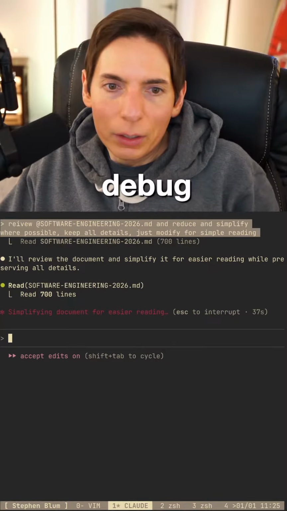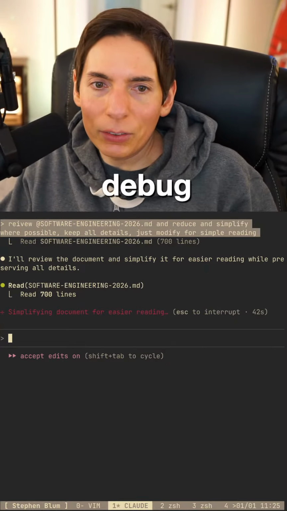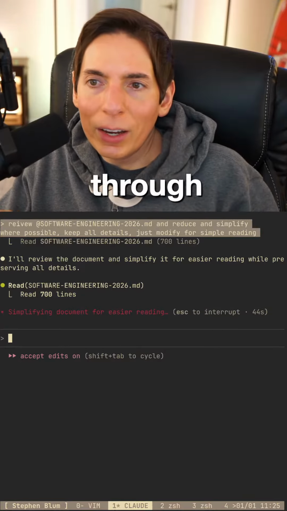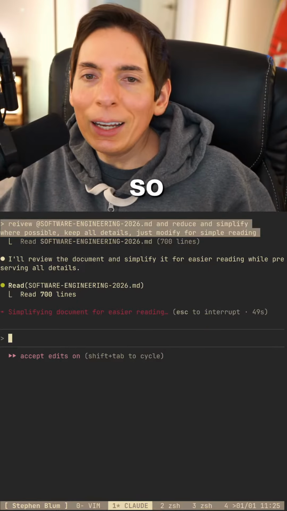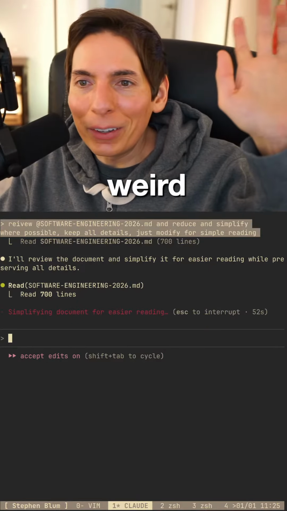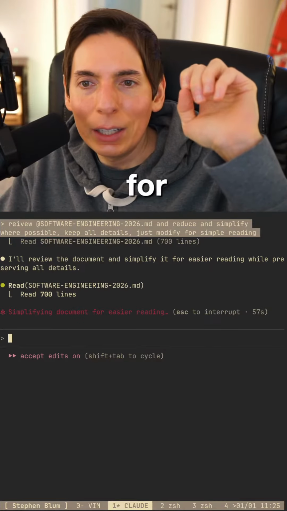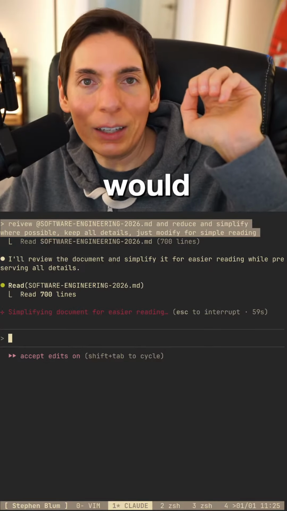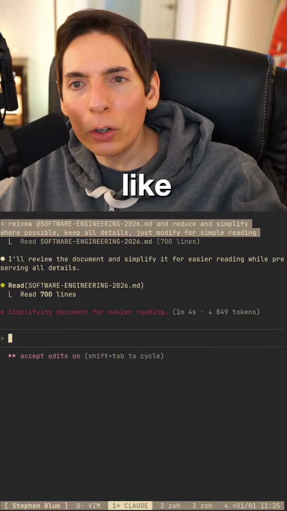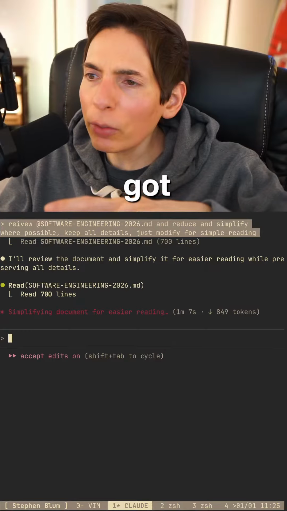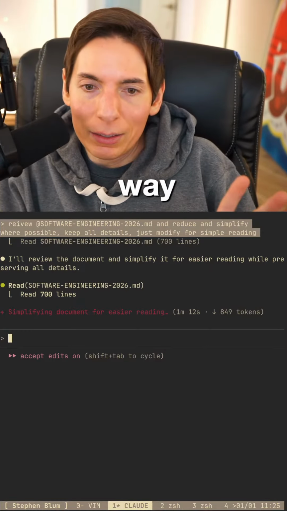Reasoning debugger. Yes, reasoning debugger. Essentially, exactly. This is the reasoning debugger phase. You want it to go through and validate and double check. Basically, do the reading for you. It's so weird. When we were all getting started on this AI journey, using the AI to do the work for us, there were always other tasks that you would never think to use the AI for. And so now it's like, oh wait, can I just ask the AI to do that for me? Oh, I got to go write this. Oh wait, I can have the AI. Oh, I got to do this other thing. Oh wait, the AI can do it for me. That should be the way forward.